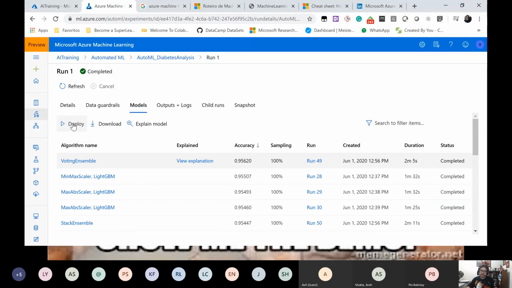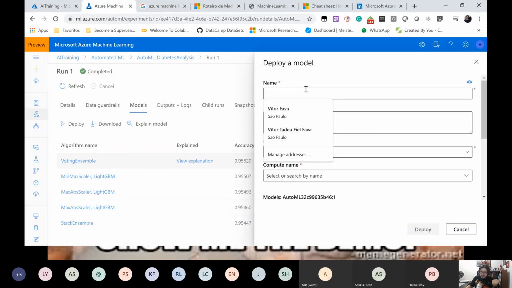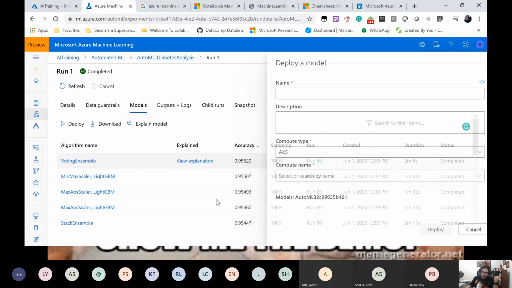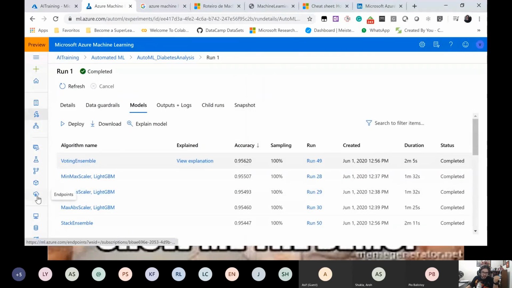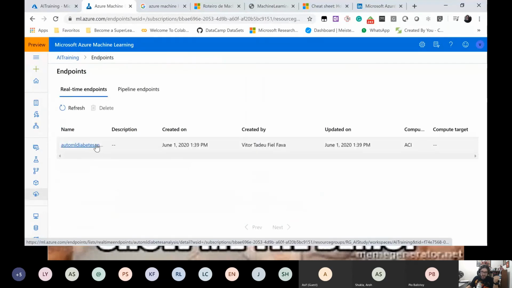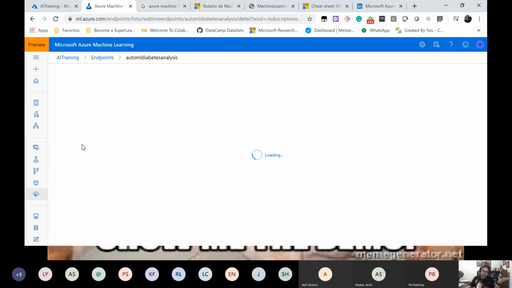See here, I can just create an endpoint to be consumed by an application. I just need to select deploy, and I give a name, and that's it, right? I already have one endpoint here. If you take a look, it's here, endpoint. See, I already have one here. And to use that, I need to